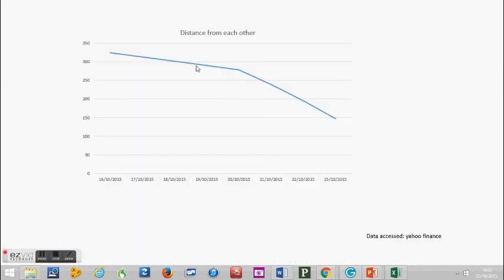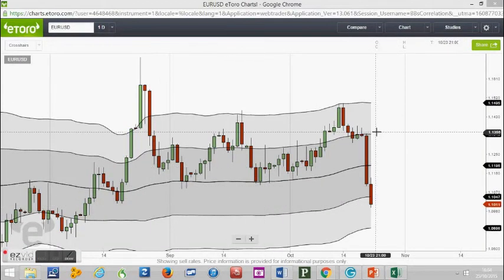So yeah, for Wednesday we had a similar continuation of this slowly coming back together. But this all changed on Thursday, when only really one word can sum up the rest of the week: stimulus. So this is a chart of the euro dollar, which is a good one to see what happened on